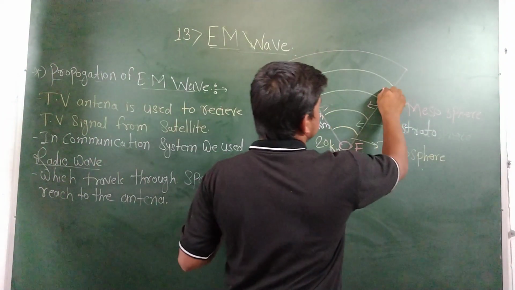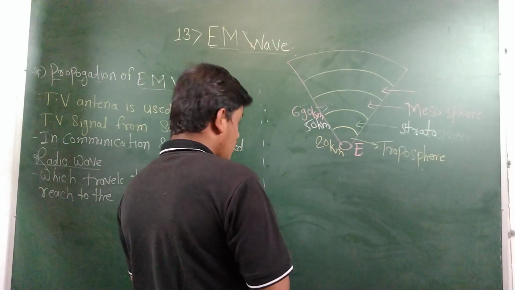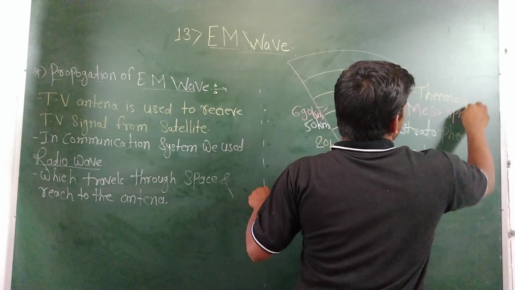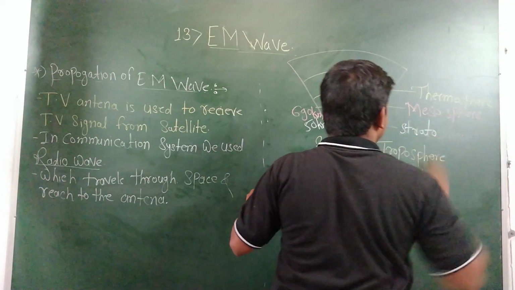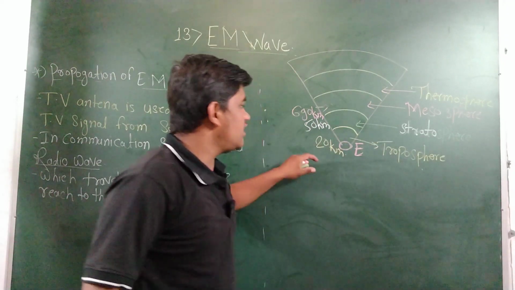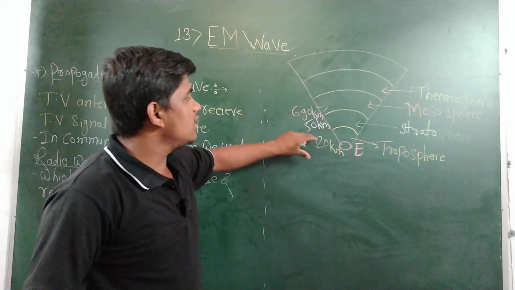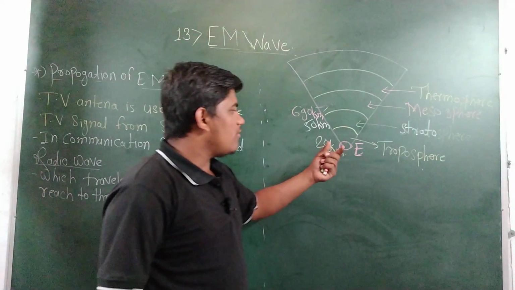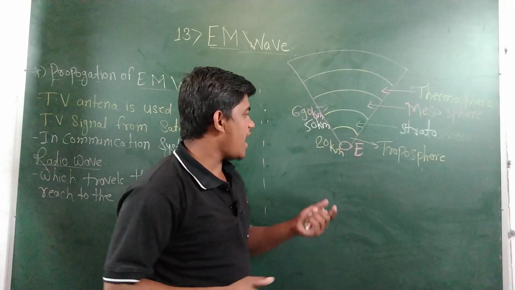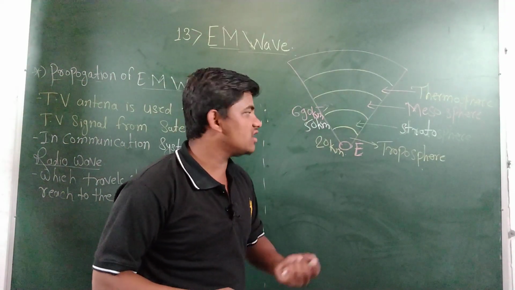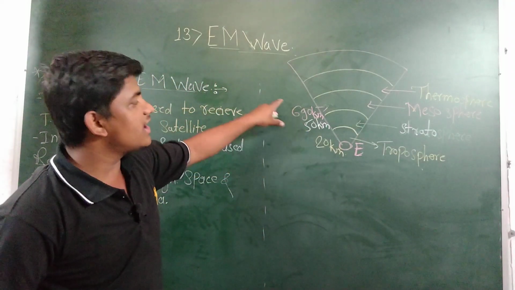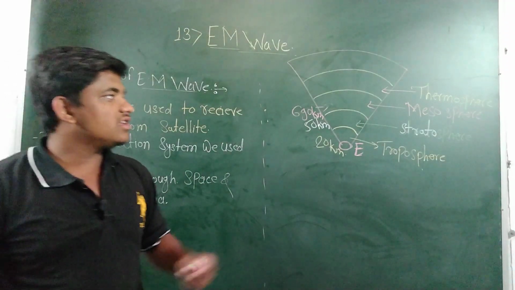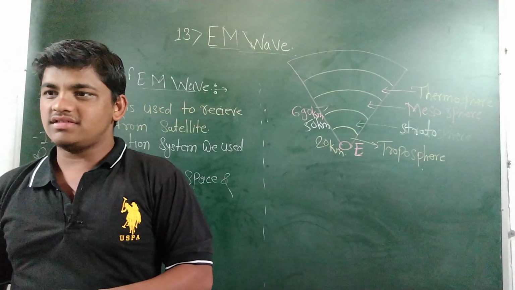And the fourth one is the thermosphere. I will use different colors for writing the thermosphere. I will say one sentence: when we are moving away from the earth's surface, the atmospheric thickness increases. The minimum thickness of the atmosphere is 20 kilometers, near the earth's surface, and it increases slightly. This is like this, and the thermosphere has more thickness.